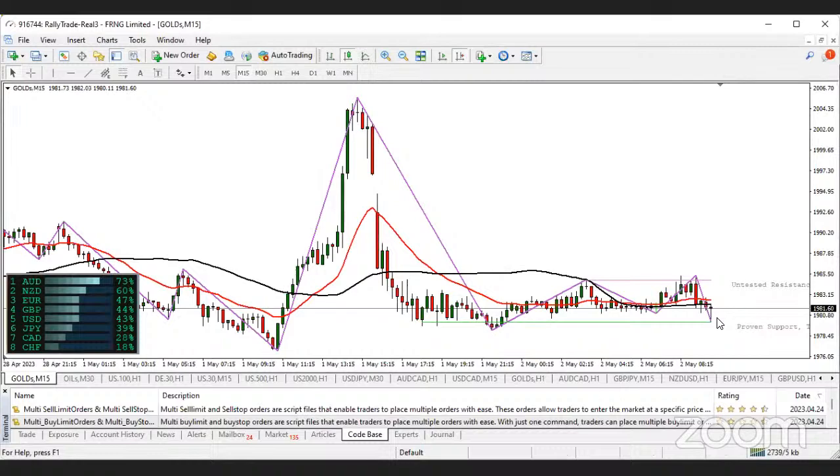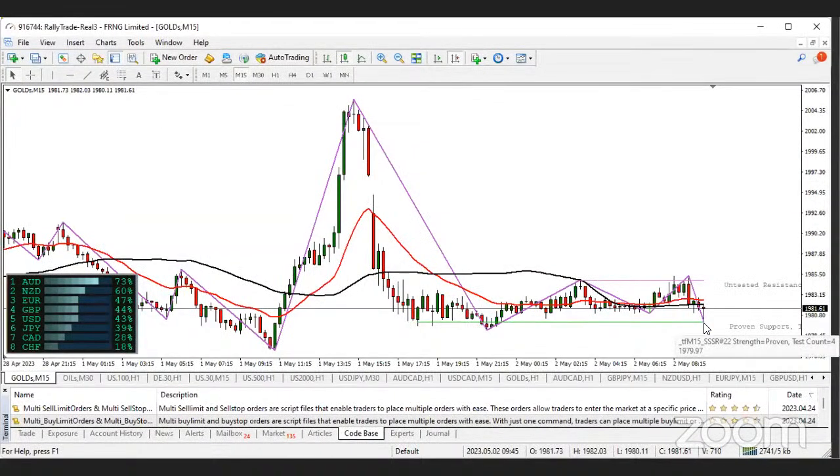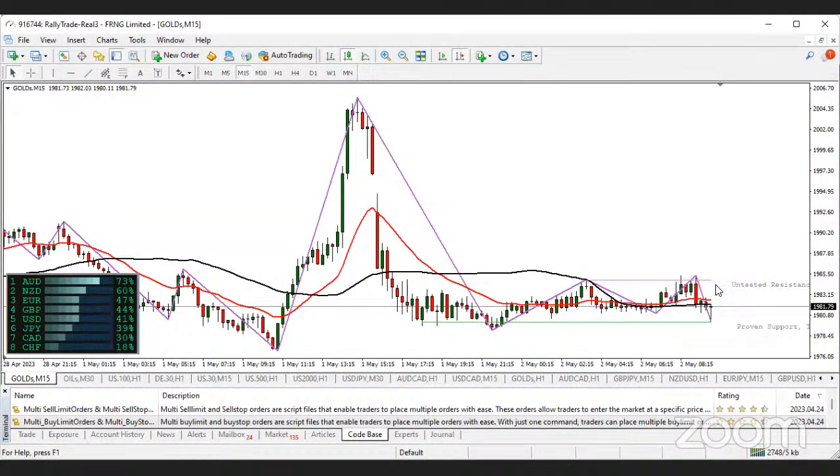That's for those who do not have much fund in their account and they're looking forward to entering short trades. So it is currently on a verified support, and if price hits a verified support, you should be looking forward to a buy trade or something, except maybe you see that it clearly breaks below that verified support. So you can just scalp between these zones, between your untested resistance and your verified support. That is for scalpers.